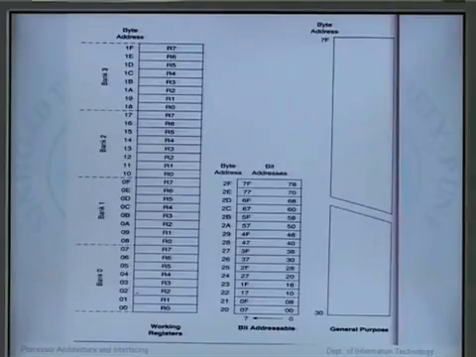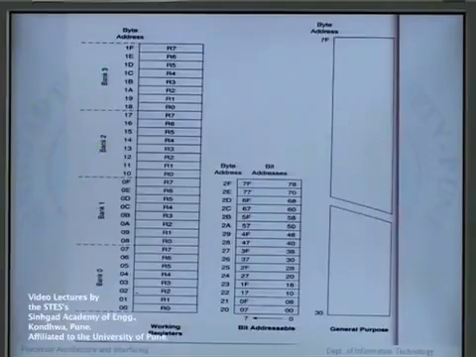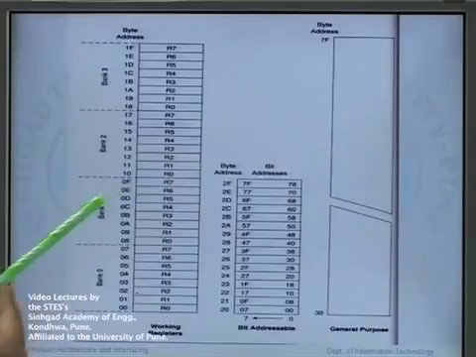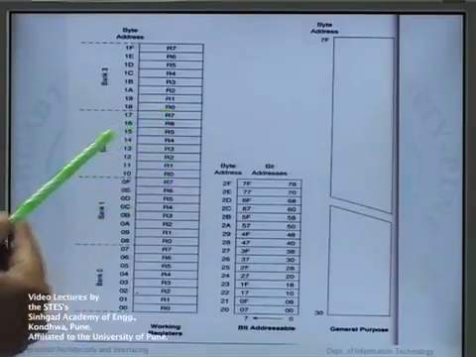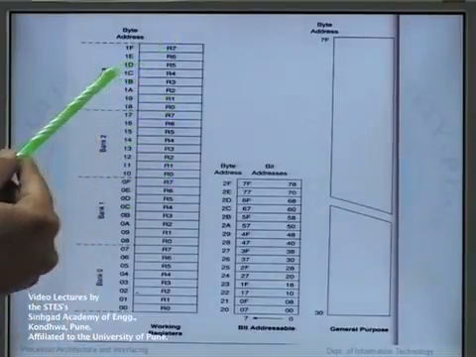The 4 register banks are numbered 0 to 3. That is, they are named as register bank 0, bank 1, bank 2 and bank 3. You can see the addresses are ranging from 00H to 1FH. The registers inside the bank are named R0 to R7. So every bank consists of 8 registers with the names R0 to R7. These are the registers for bank 0. Similarly, R0 to R7 registers for bank 1, R0 to R7 registers for bank 2 and R0 to R7 registers